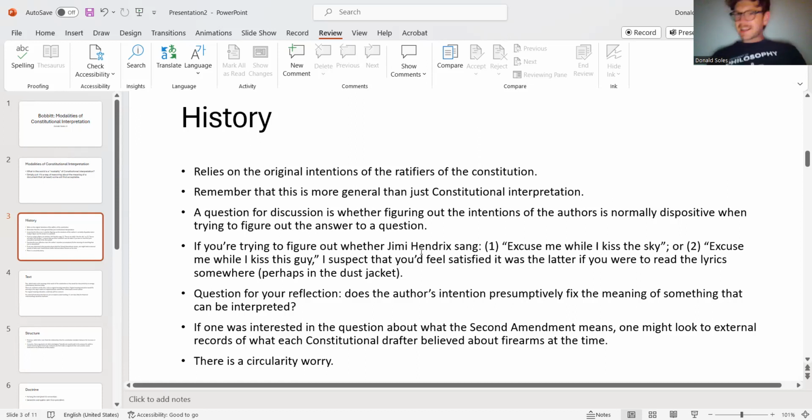Something about finding out the author's intention settles the question about what the meaning of his song is. And so it almost seems to me that when we find out the author's intention, it will fix in many ways what the meaning of a text should be. Now, in the law, it's a little bit more problematic because there are so many different authors of the law. It's not like a Jimi Hendrix song where you could just look up the intention of a sole author and find out what they meant.